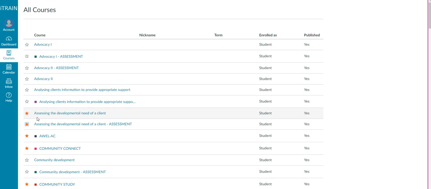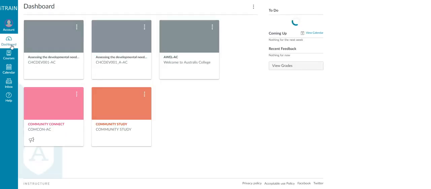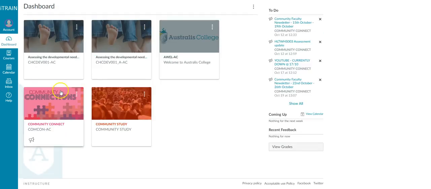Once you have selected the subjects that you would like to begin with, click on Dashboard and they will be there. You can now see that that's the subject with the assessment. You can always select and unselect subjects as you wish. Remember, we also do update subject content regularly. If you would like to know when the subject content changes, make sure you have selected that in your notifications